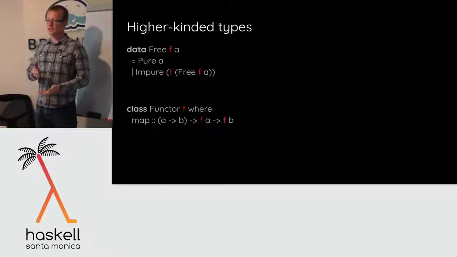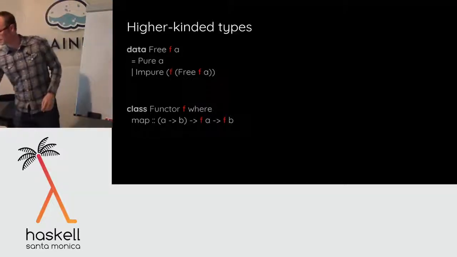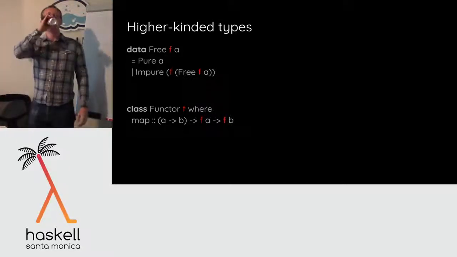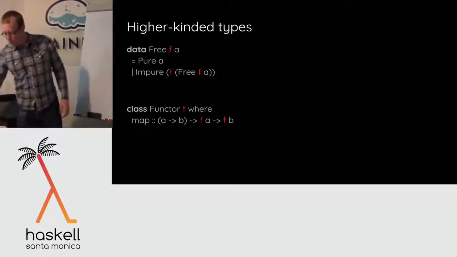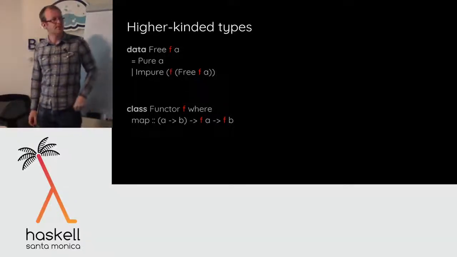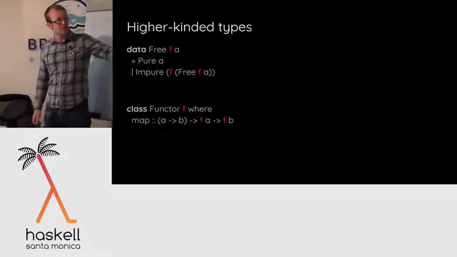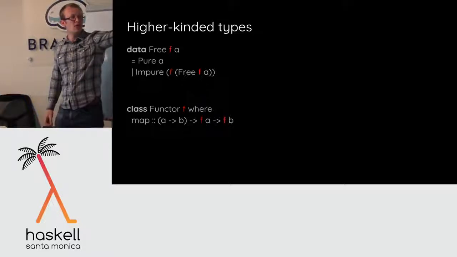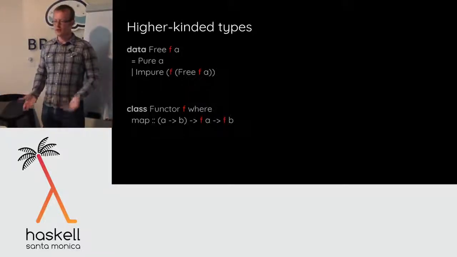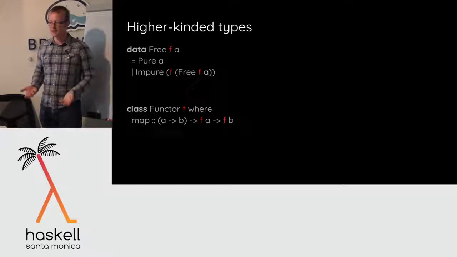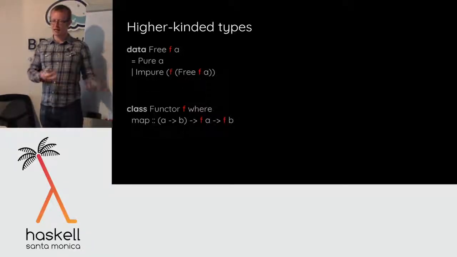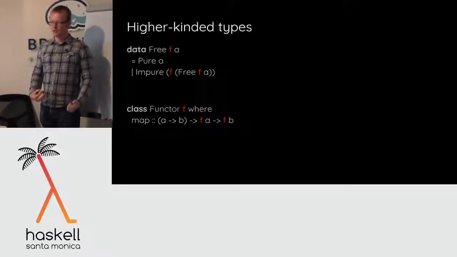Because we can classify the different sorts of type constructors using this notion called kinds. So how do you know, looking at the signature, that in Free F A, F is a constructor? Right, so what's happening here is we have essentially type inference going on one level up at the type level, inferring kinds, right? So just like types track the types of values, just like types characterize values, Int is different from String, kinds characterize types and type constructors, okay?